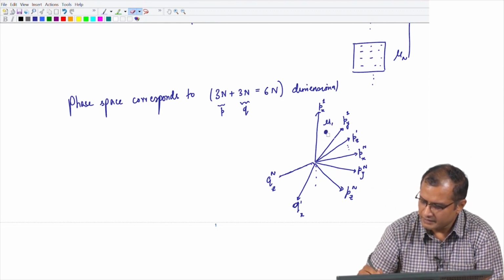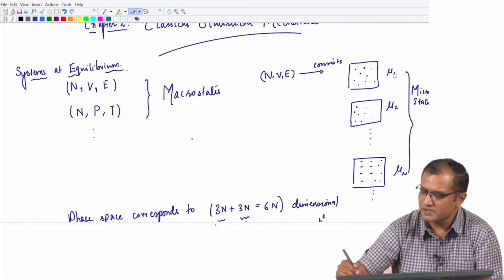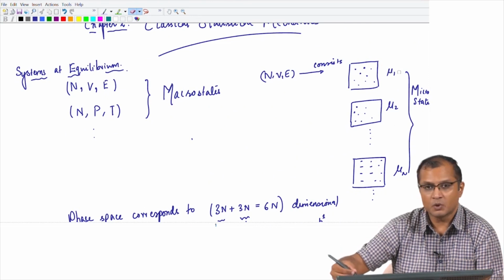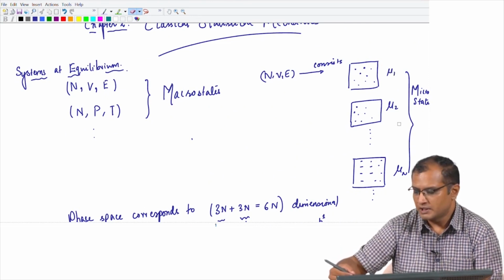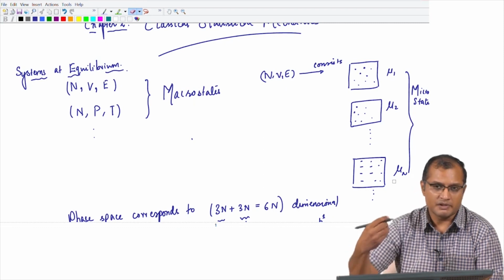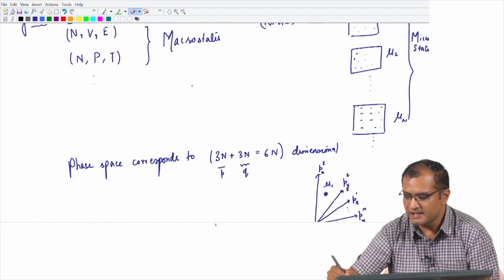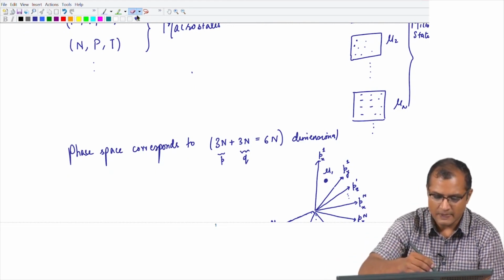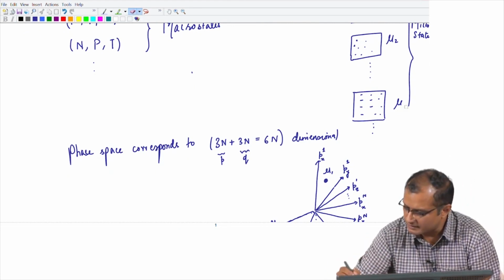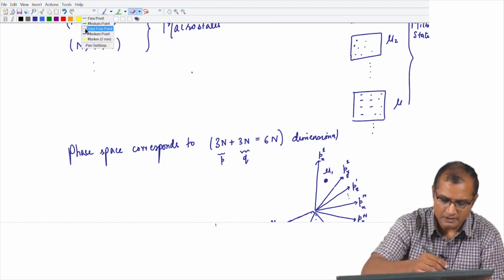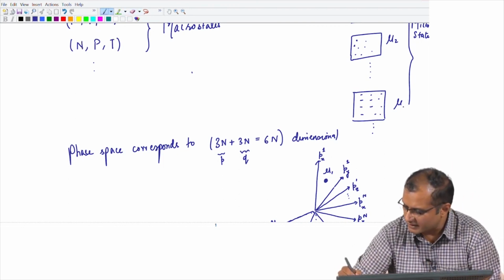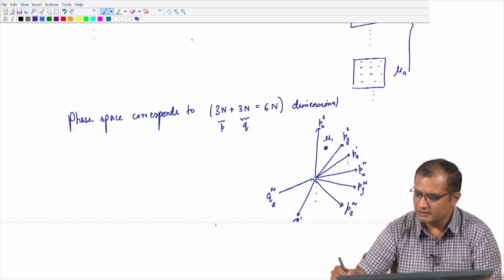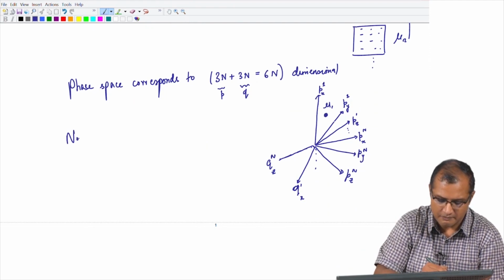And in the evolution of the system through these microstates, the system can go from microstate mu 1 to microstate mu 2 all the way to mu n, and clearly n is very large here. n is not the number of particles. I should use a different symbol here, I will use a small n because capital N is reserved for the number of particles. So, I will use mu n. So, clearly the number of microstates is large,